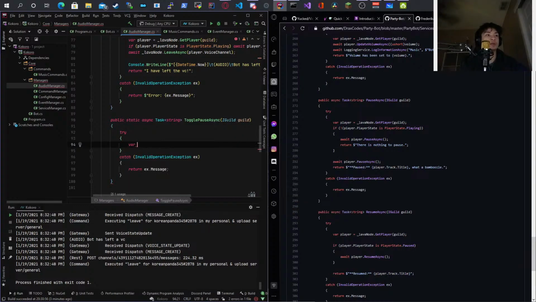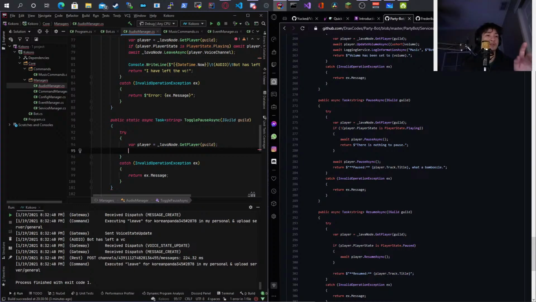Now what I need to do here is var player equals lavaNode.GetPlayer(guild). So now I need to check to see if it's playing or if it's paused. I do believe I need some type of error handling here if I'm going to do it as a toggle.